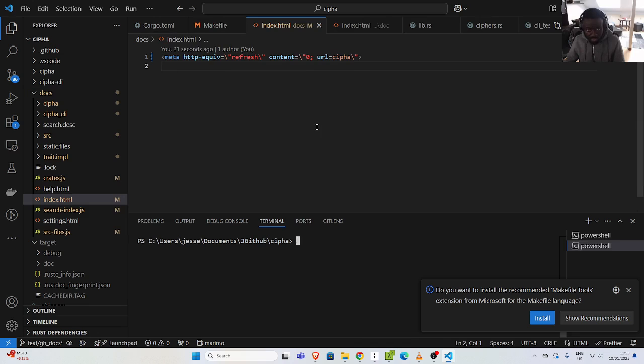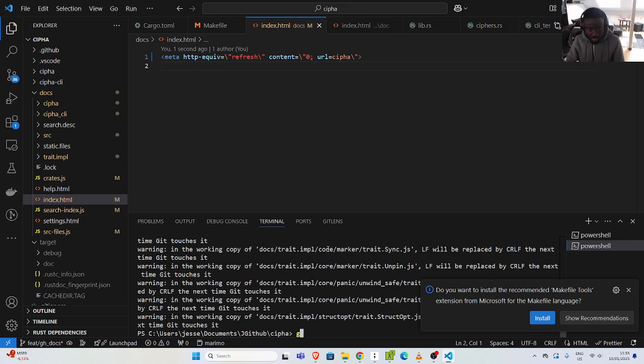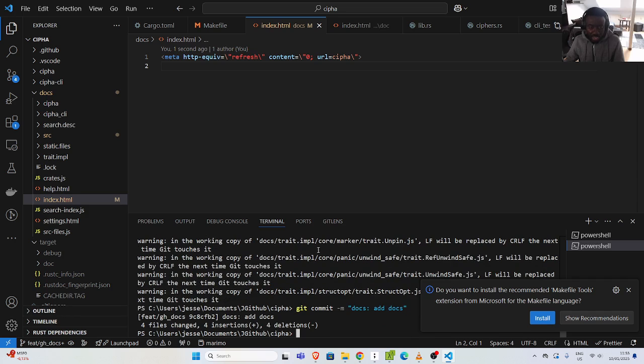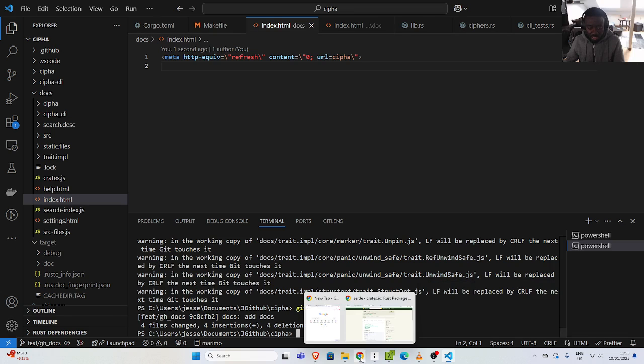And now I'll save this one, and then I can now git commit, git add, and git commit -m. Then let's go, that's docs. Then so add docs. Then I'll add it, and then I can now push this one, right? I can now push it. So if I push it to GitHub,